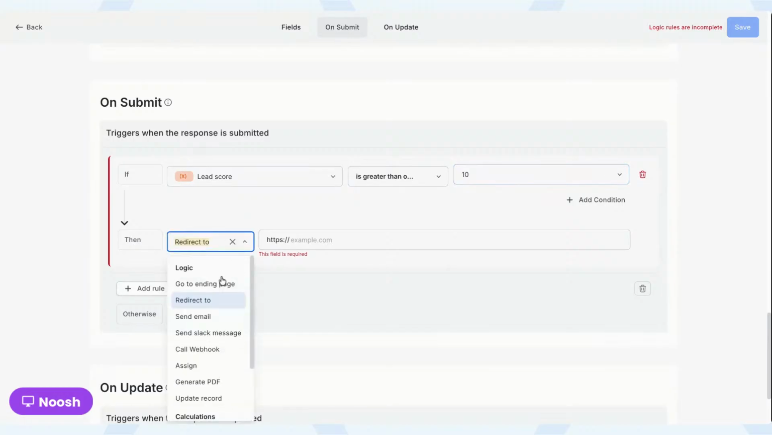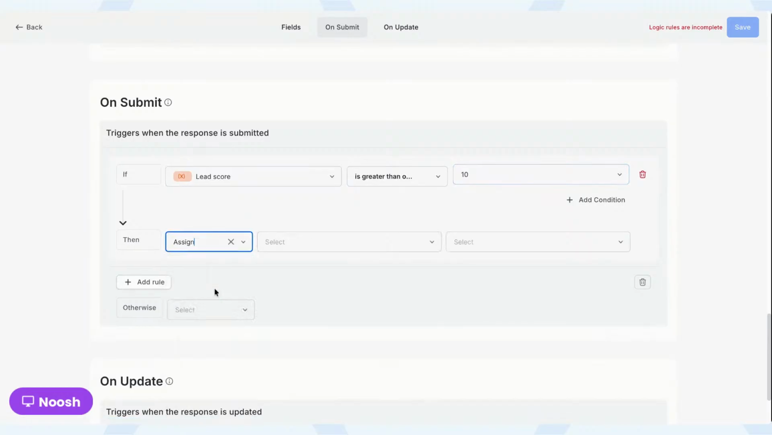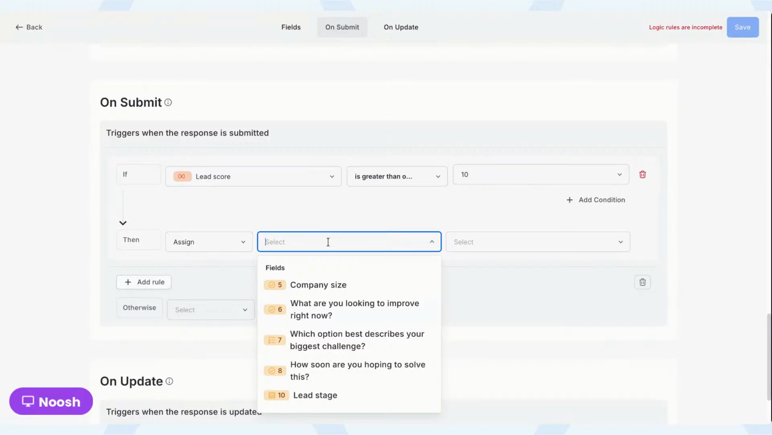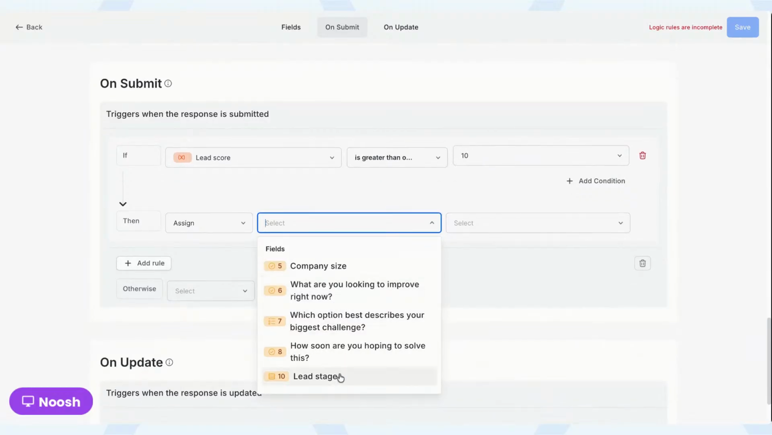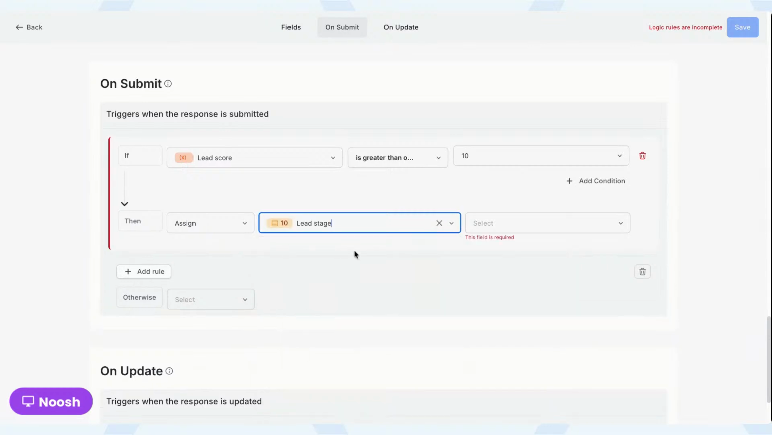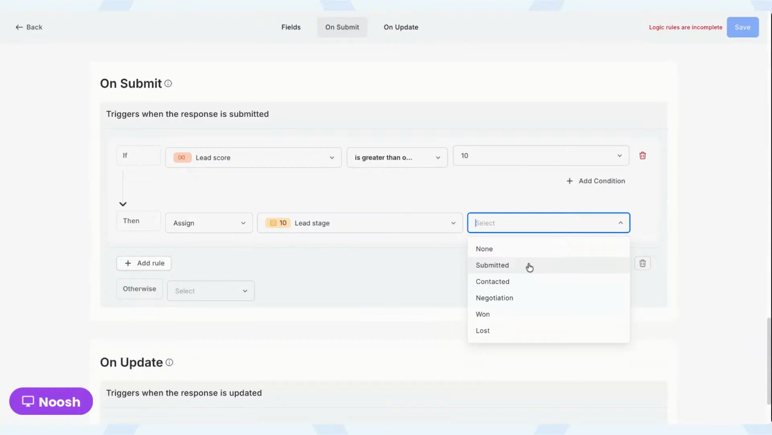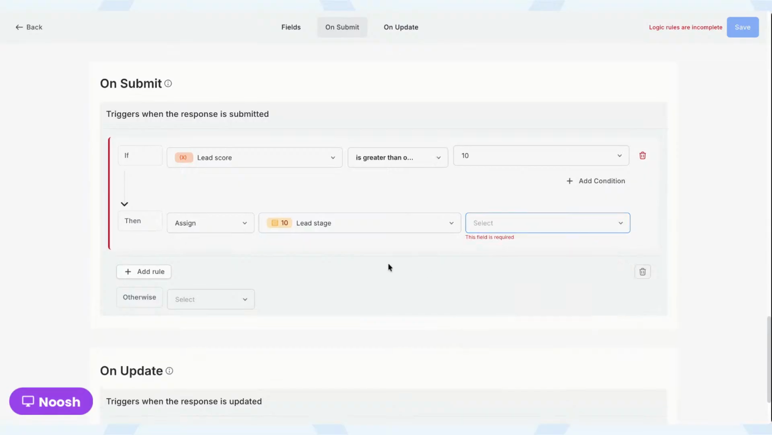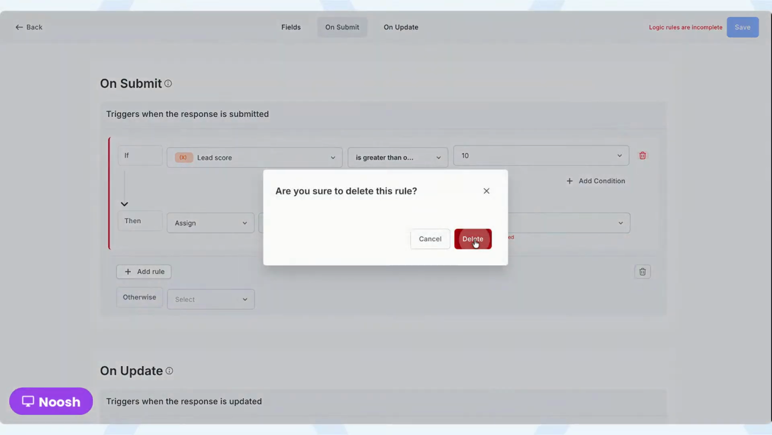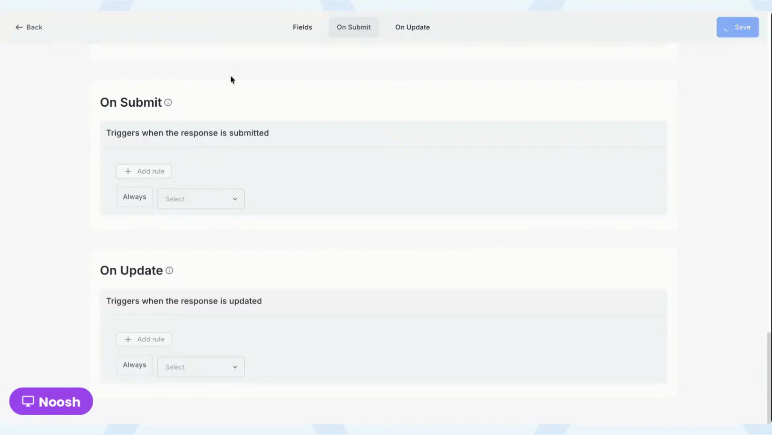I want to assign. You should add a new variable here, but let's say I want to change the lead stage to warm. Let's say we have a stage for warm leads and move the lead to the warm stage. It's really possible. And yep, so basically you can score your leads this way using logic,